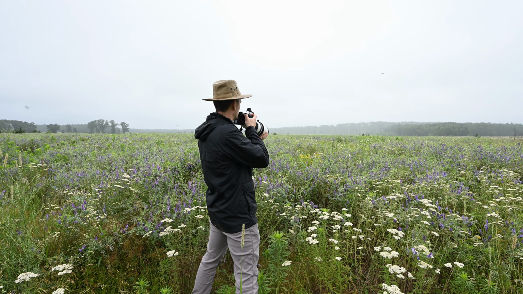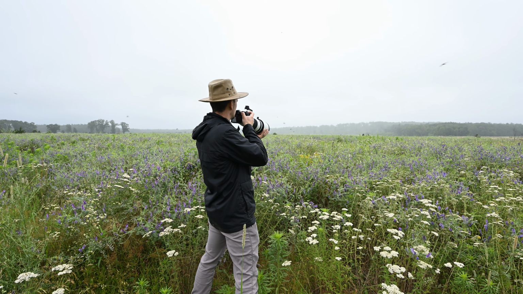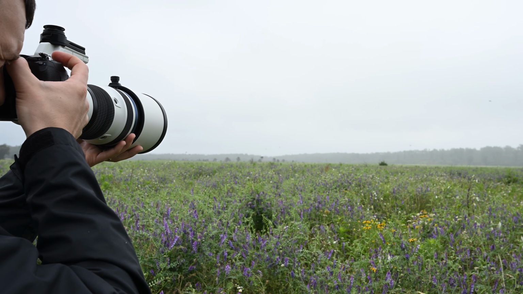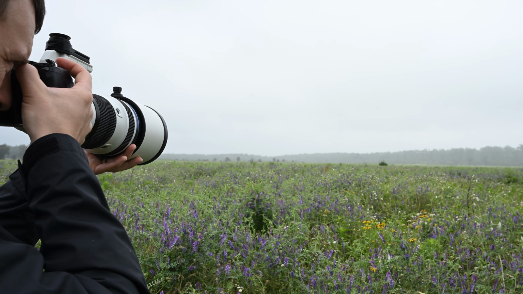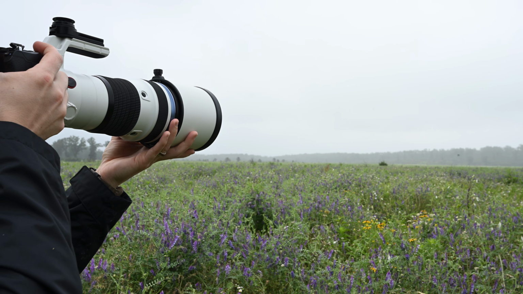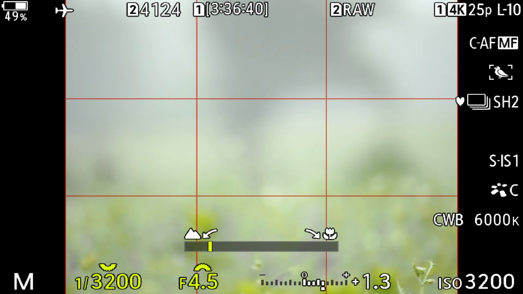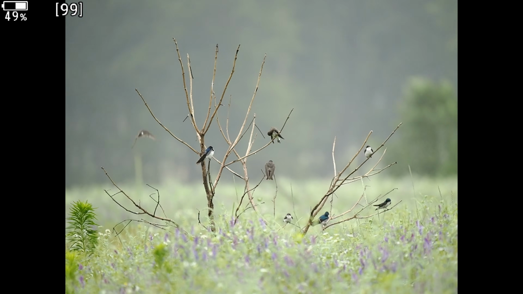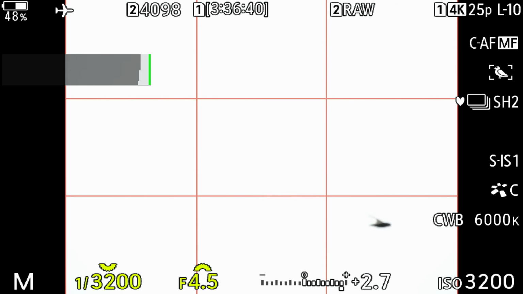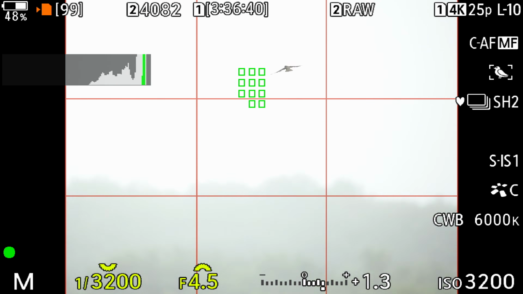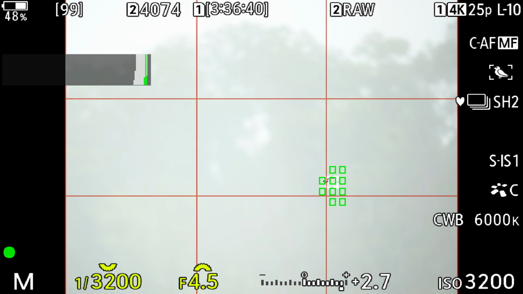Another thing I commonly use manual focus for is birds in flight and moving subjects, where it's oftentimes quicker if your camera locks onto the background or the foreground. It's oftentimes quicker to use manual focus to try to get the bird or subject relatively in focus in your viewfinder, so that way your camera can actually find the subject. If you just keep pressing the autofocus on button, or whatever you're using for autofocus, you're probably just going to keep locking onto that background or that foreground,